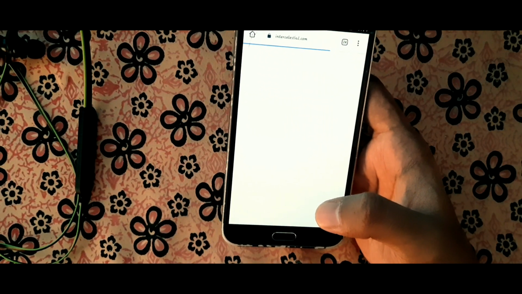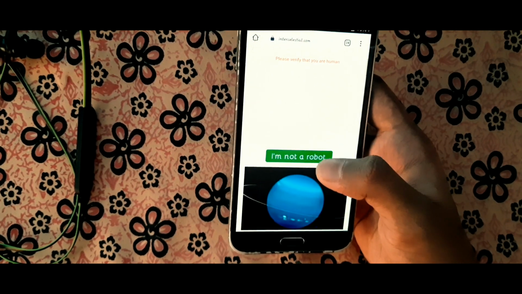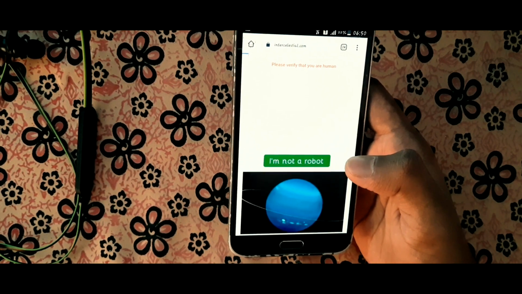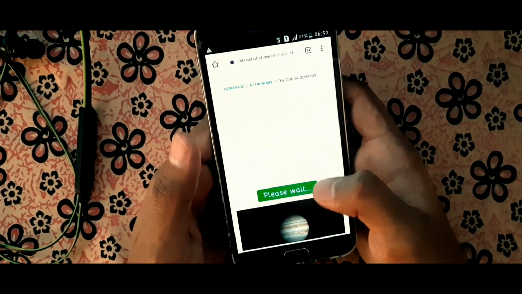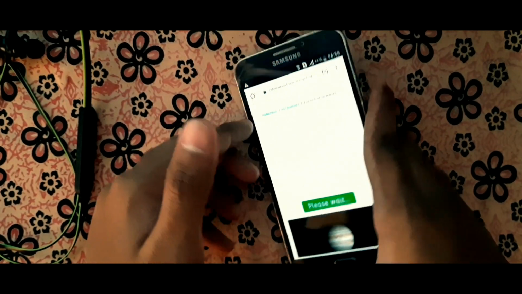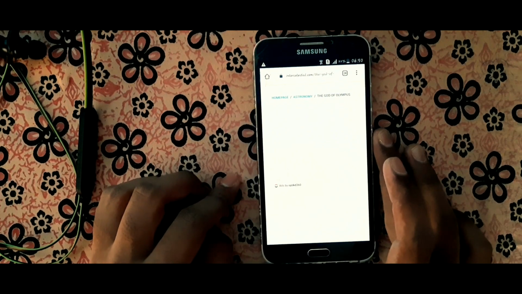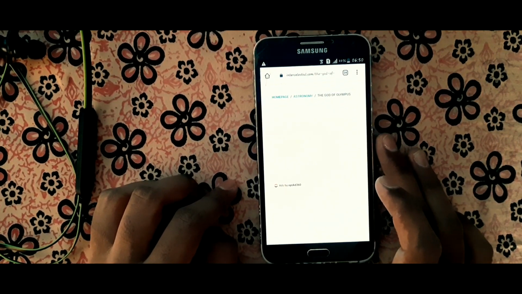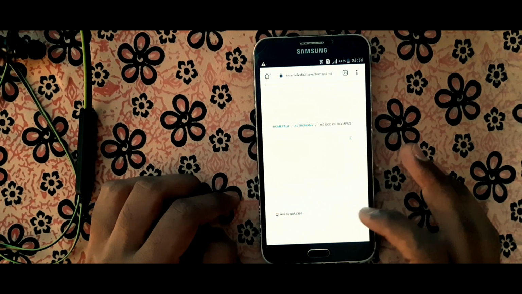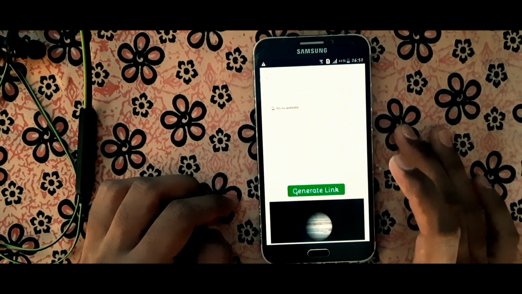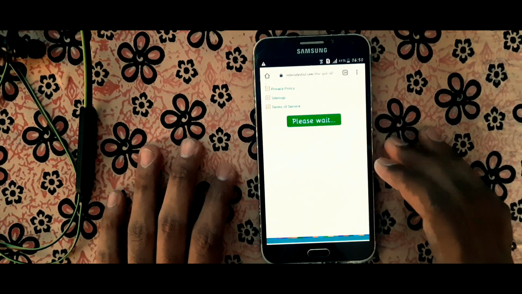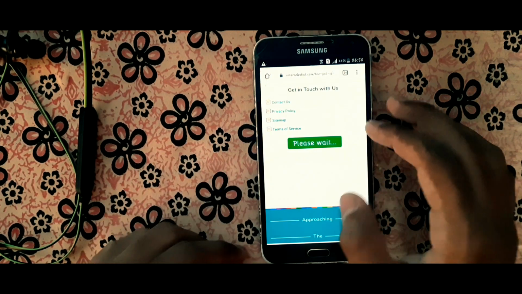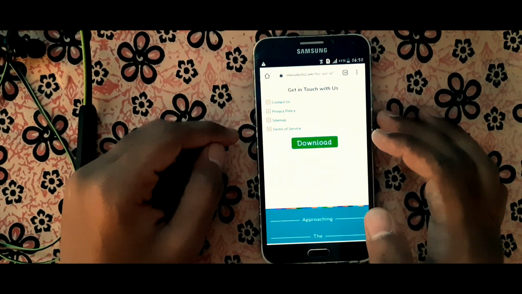You have to click MG in a red icon. After that you'll get a website. Click I am not a robot. Of course you're not a robot. You have to wait a few seconds and click the generate link button. You have to be very precise while clicking because if you click somewhere else it will redirect to other advertisements or any unnecessary tabs.